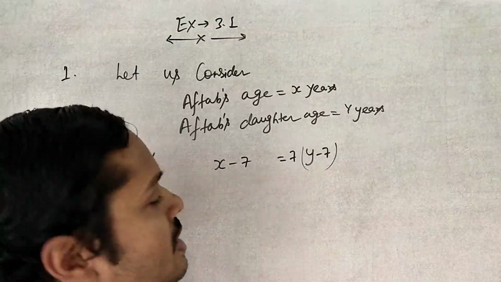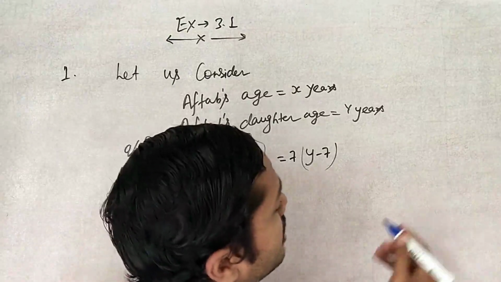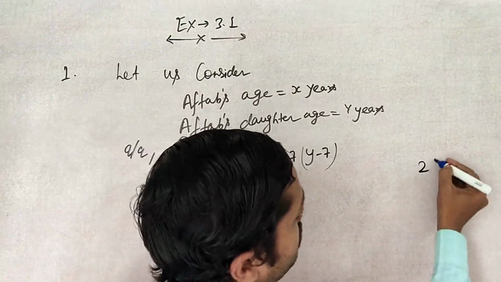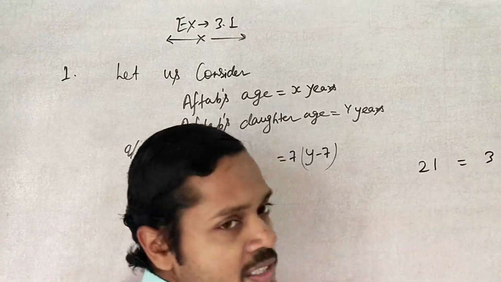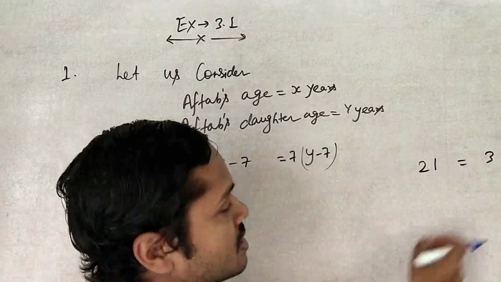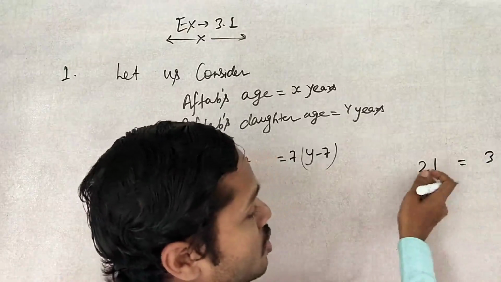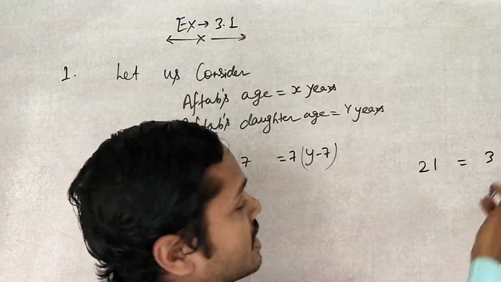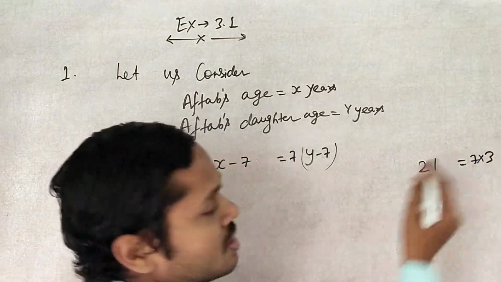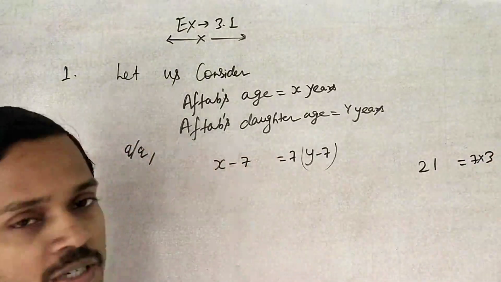Just think about that. According to this, for any type of number, look at that, 21 and 3. Look, this is the bigger, this is the smaller. So what can be possible? 21 is 7 times 3, so we multiply 7 with the junior one. Clear? So we will always multiply with this one.